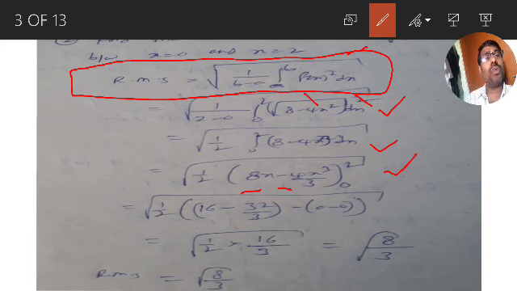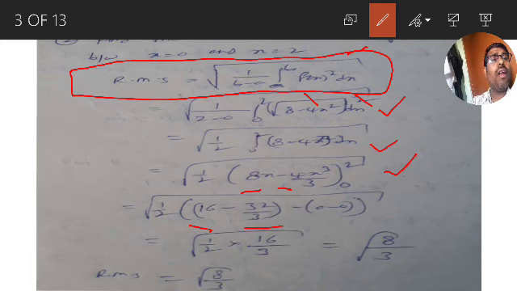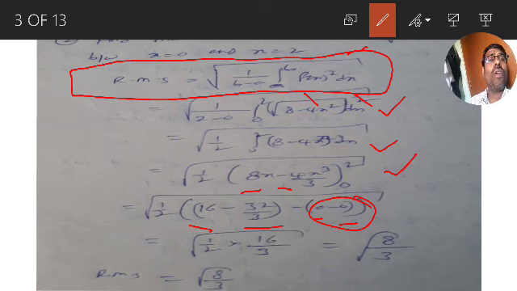So upper limit is 2, substitute 2. 8 into 2 is 16, 4 into 2 cube, 4 into 8 is 32 by 3. Minus the lower limit is 0: 8 into 0 is 0, minus 4 into 0 cube is 0, so the lower limit value is 0. Take LCM. LCM is 3, 3 into 16 is 48, 48 minus 32 is 16